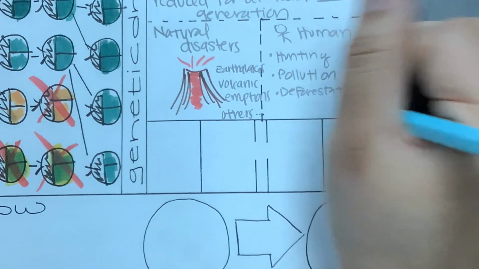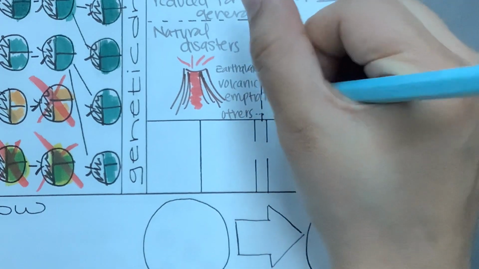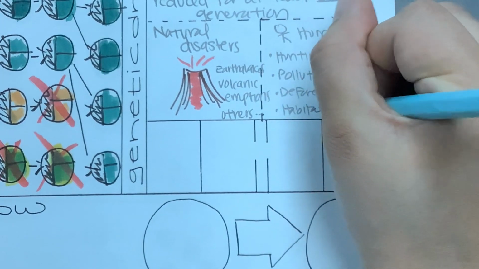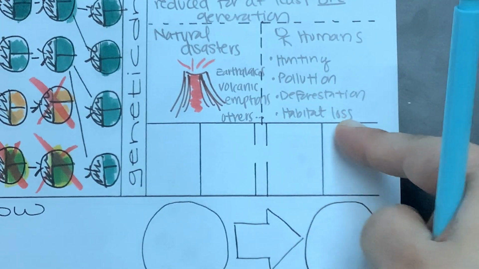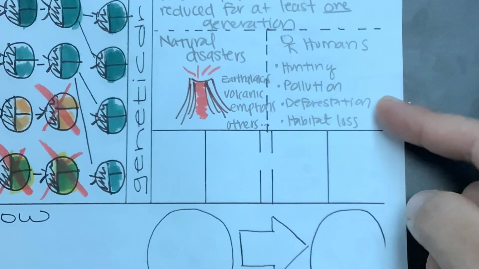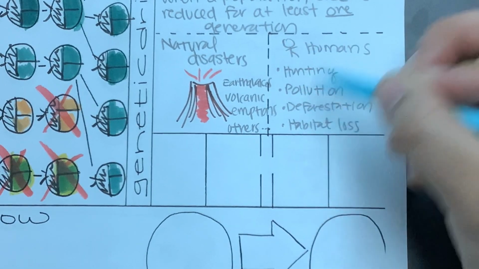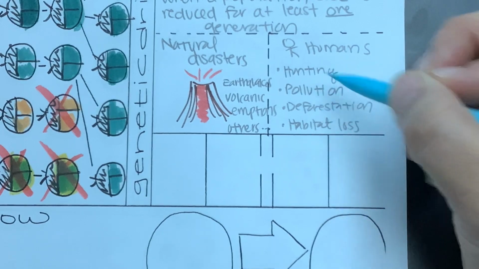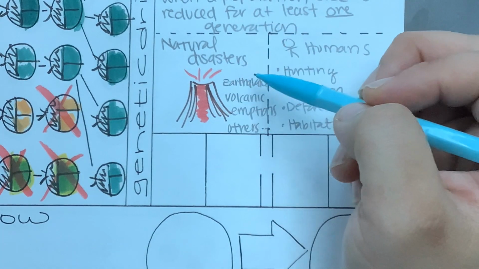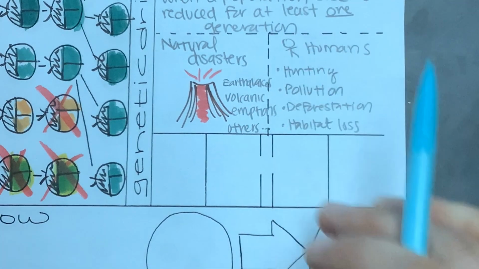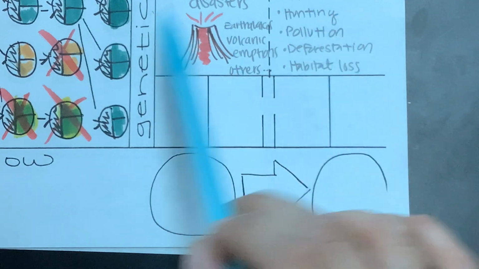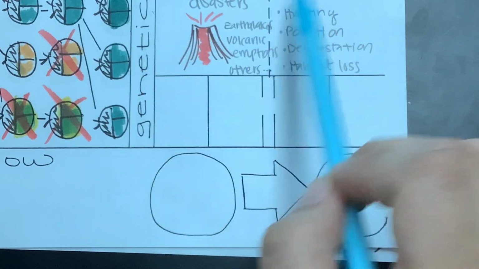And usually deforestation is also related to habitat loss, but that is not the only cause of habitat loss, right? We can cause habitat loss in many different ways, but this is one big one. So these are some of the things that humans can do to cause disruption in a habitat, or then we also have natural disasters which can occur to cause those disruptions. So let's look at an example of how either one of these would lead to a bottleneck.